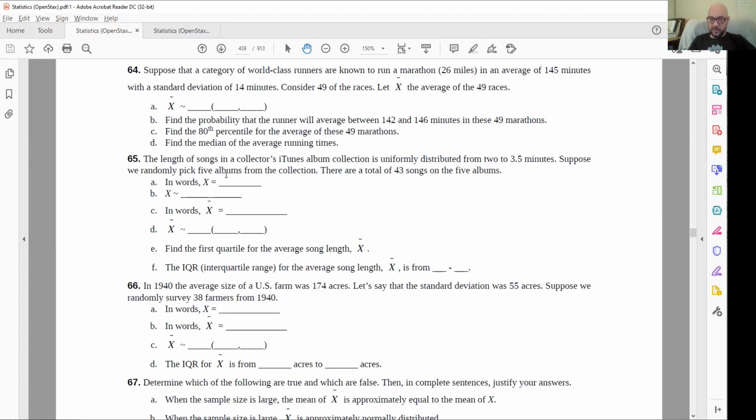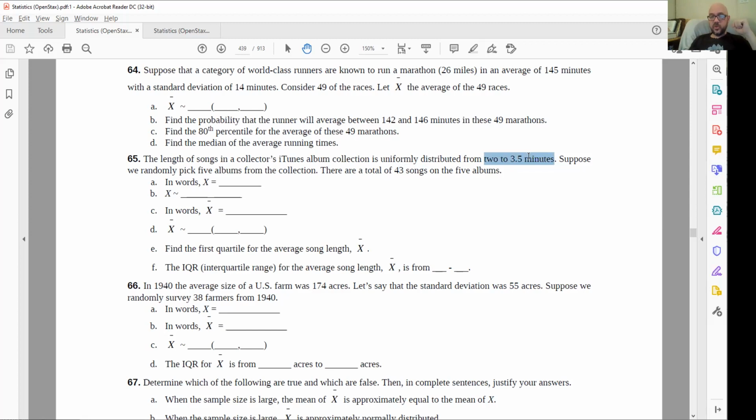Suppose we randomly pick 5 albums from the collection. There's a total of 43 songs on the 5 albums. Okay. This is confusingly worded in the following way. They're talking about 5 albums from the album collection, but that's not the information they give us about the mean, right? The mean they tell us is, so that the distribution is uniform of the length of the songs, not the albums. So the 43 songs